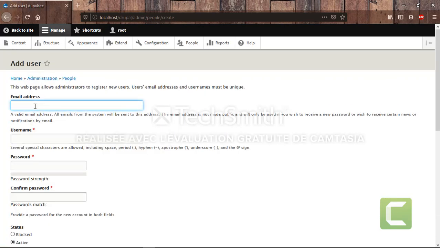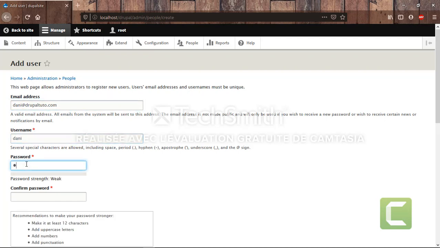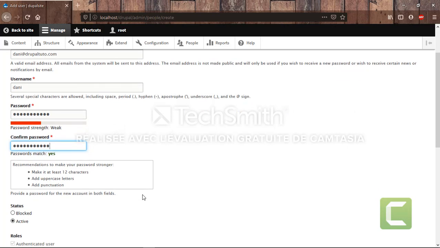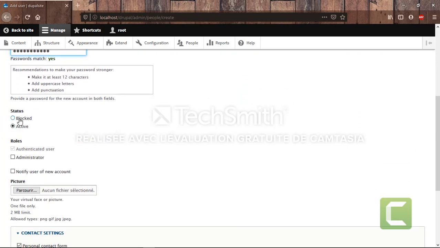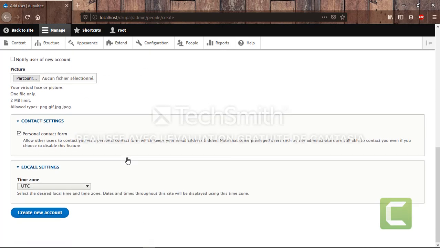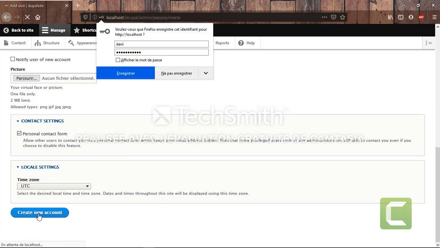add user, and we give the email address of the new user, the name, and the password of the user, and we have to confirm the password again, and his status, which is going to be active for sure, and for roles, here where we choose the type of user, we just leave it as authenticated user, and we create a new account.